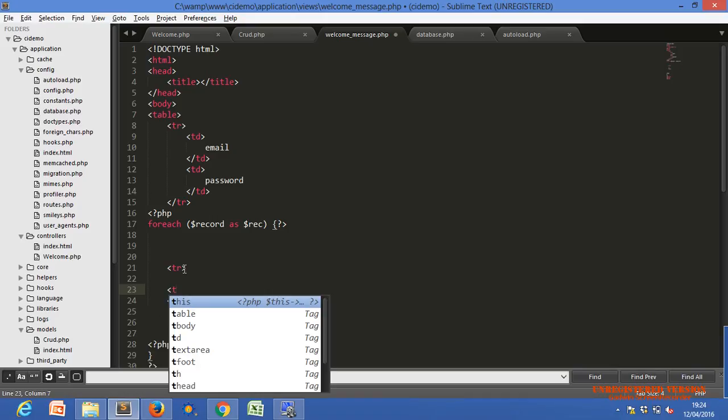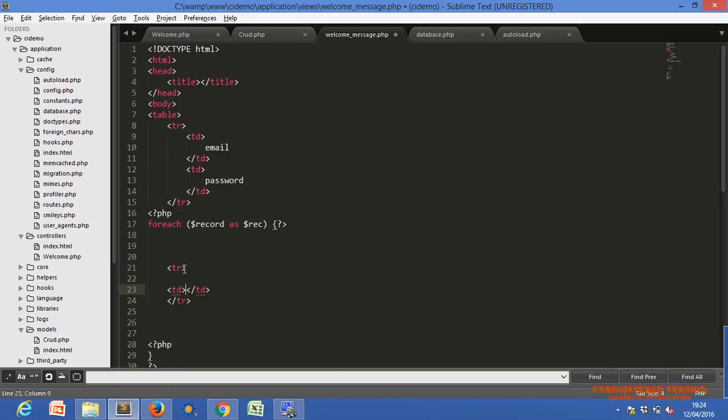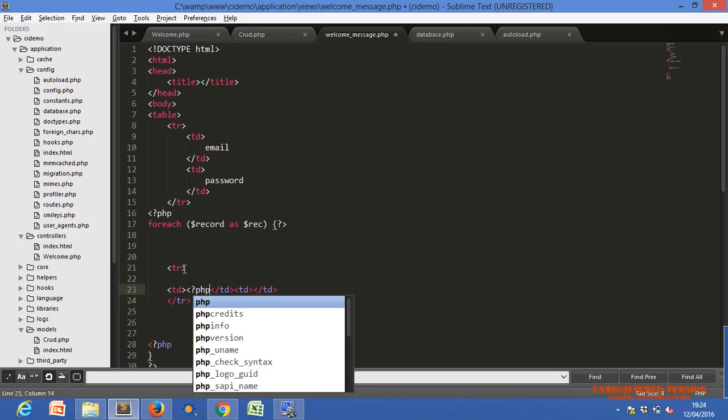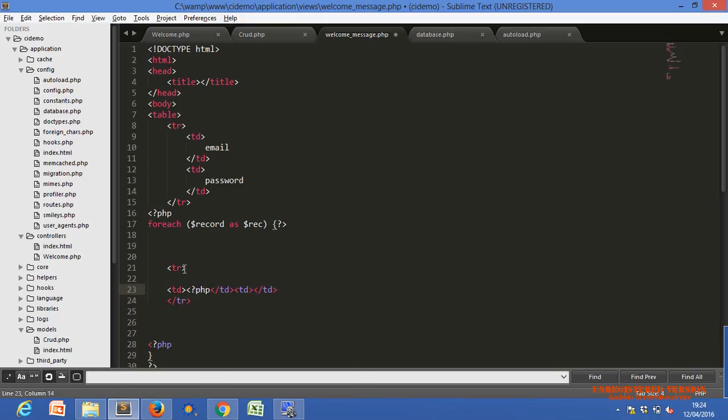I'm just using tr and td for displaying data in proper format. Two data should be there. PHP tag, PHP tag close.